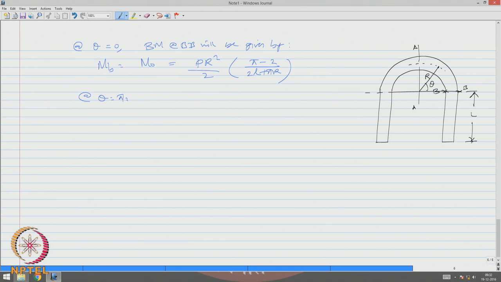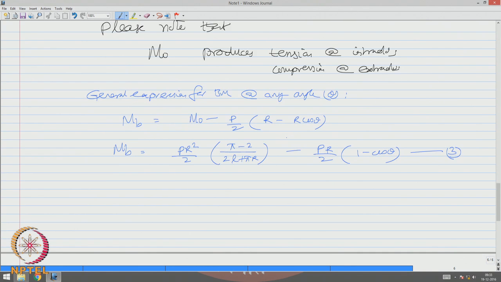At theta equals pi by 2, maximum bending moment will occur at AA and is given by Mb equals P r square by 2 pi minus 2 by 2 L plus pi r minus P r by 2. That is called equation number